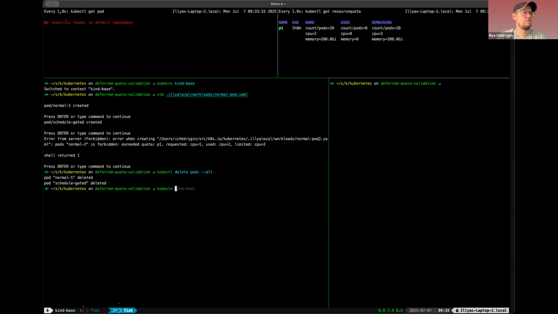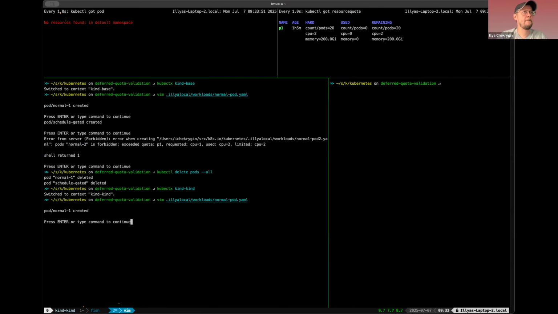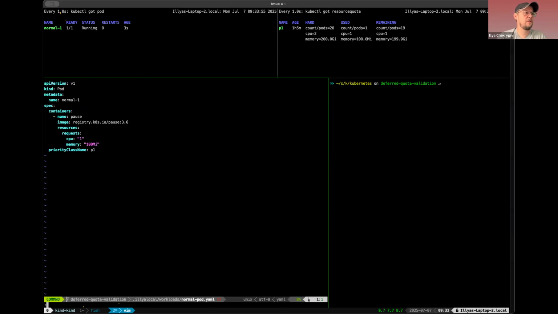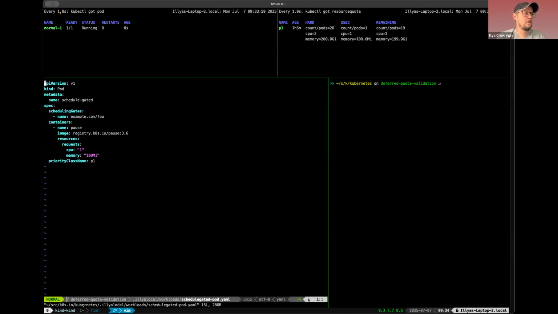So now I switch to another cluster where I have a hacked version of the resource quota controller and scheduler. And we're going to go through the same example again. So if I create this pod, same thing happened. However, now if I create the schedule gated pod,